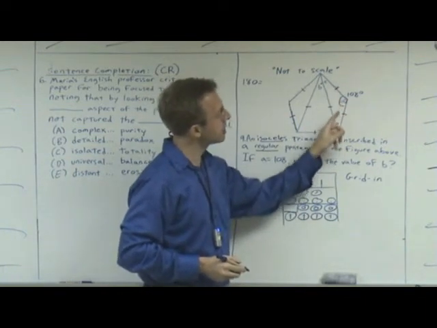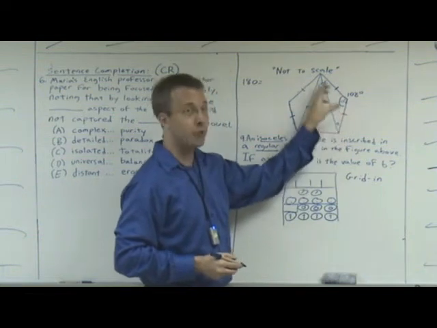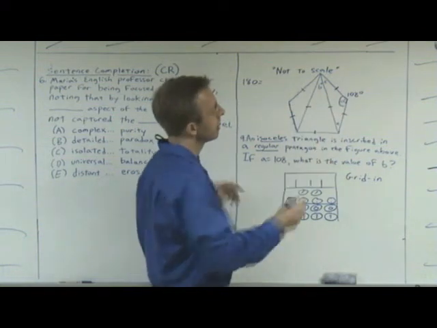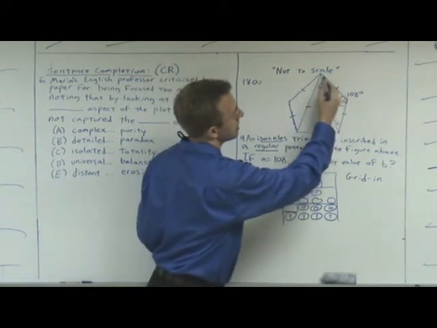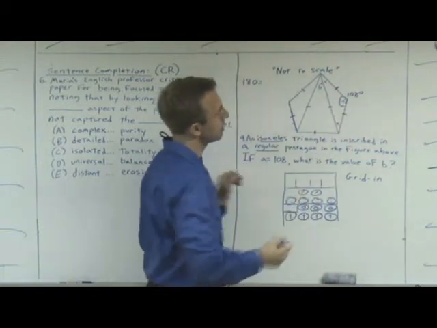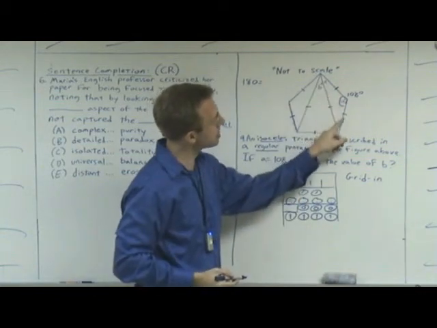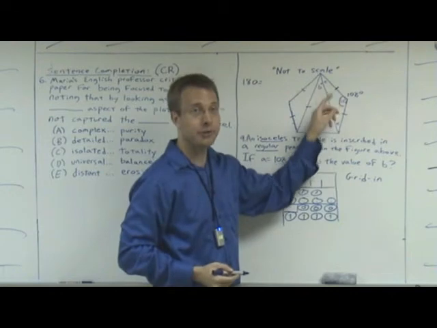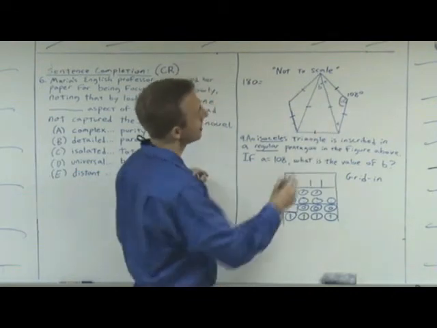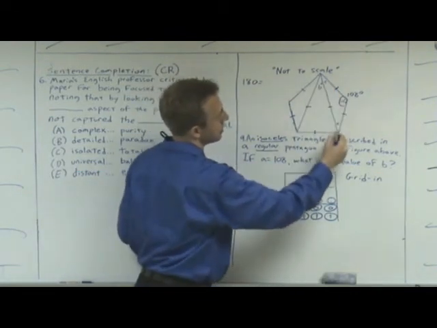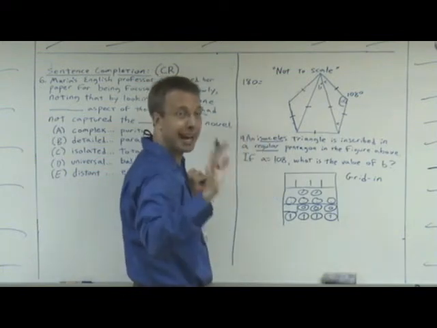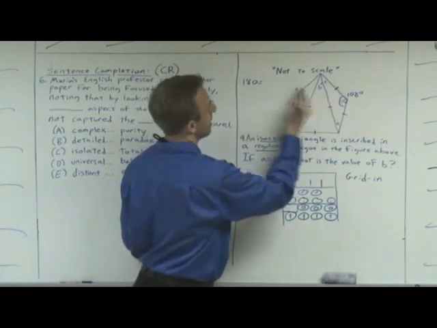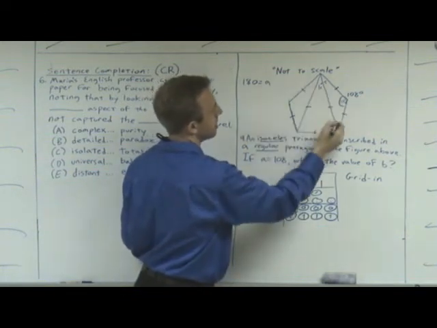These two sides are the same because it's a regular pentagon. So therefore, we know that this is also an isosceles triangle. When these two sides are the same, these two angles are therefore the same as well. So since we know that all these three angles equal 180 degrees, we know that A plus C plus C